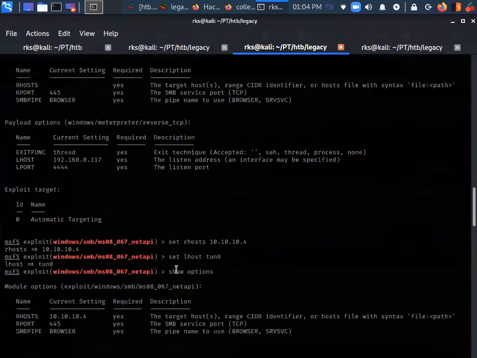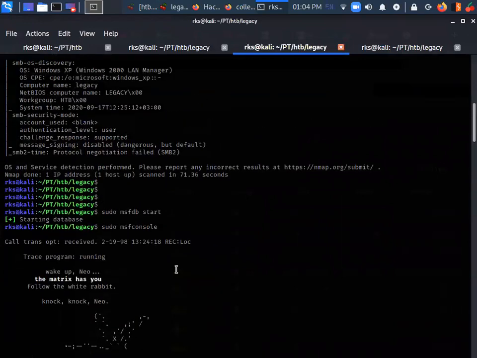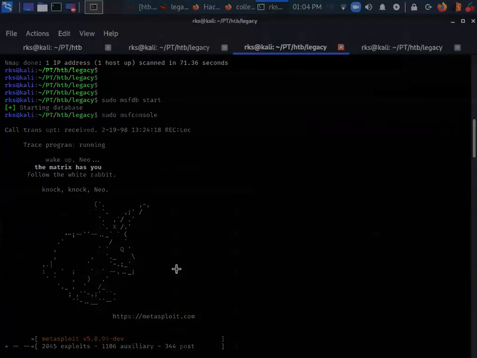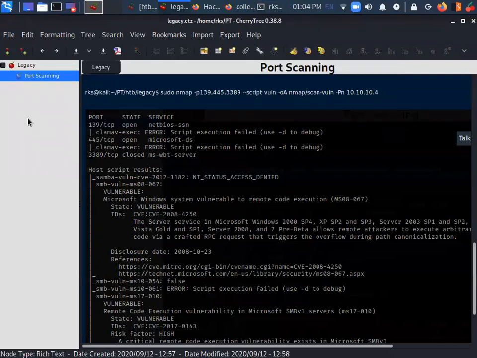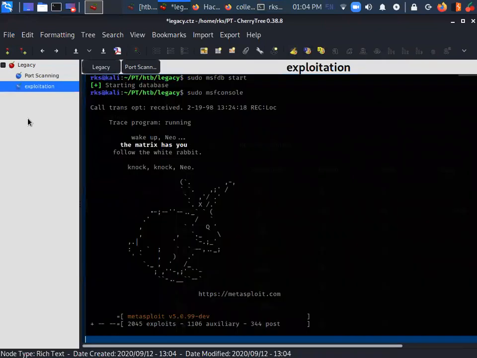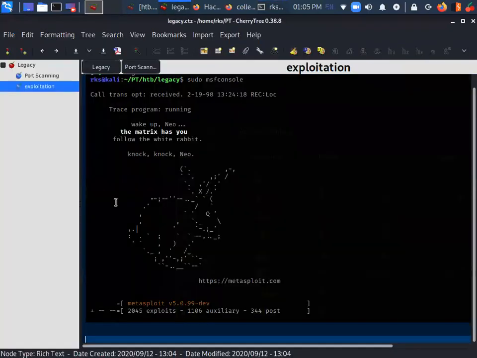So let's document these steps here as well. Okay, so edit. Let's copy the commands as well.